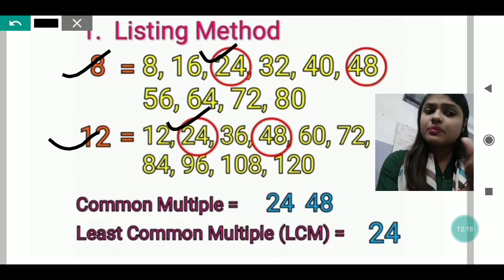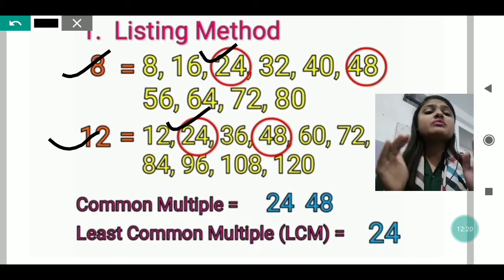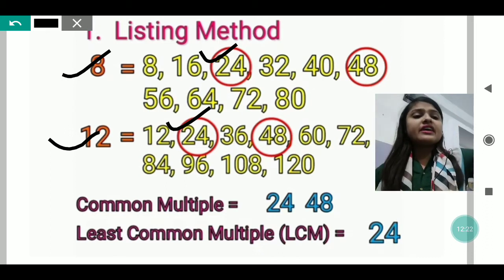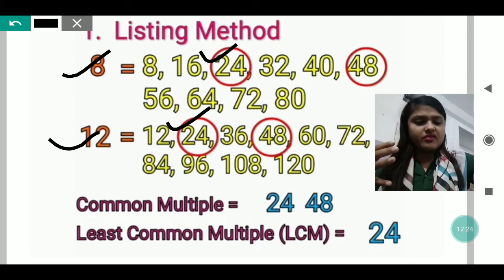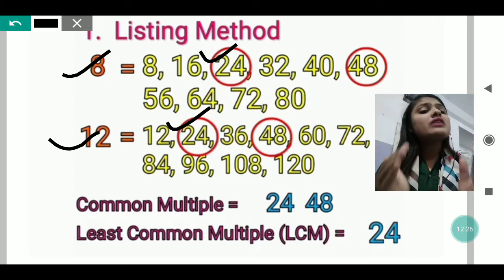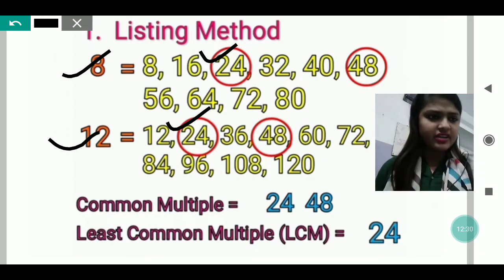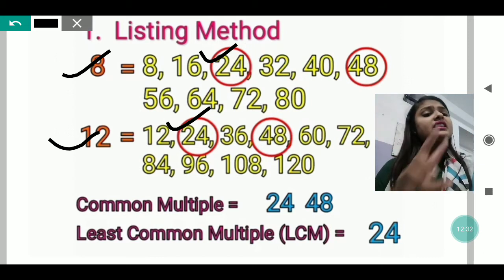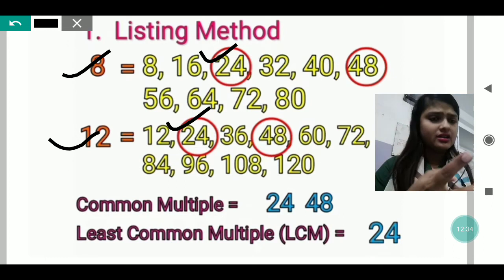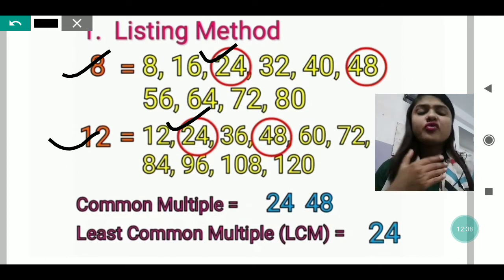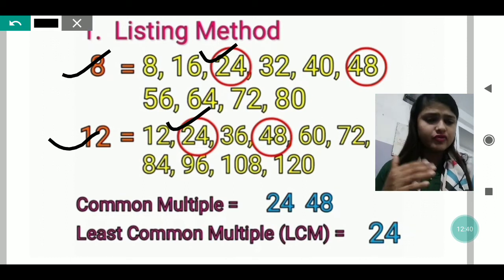So first we will write the multiples. It does not mean we write all the multiples, since multiples are infinite. You write the multiples only until you get the first common one between the given numbers. If you get the first common one between the given numbers in the beginning itself, then that is the LCM. No need to go further and write the multiples of that number.